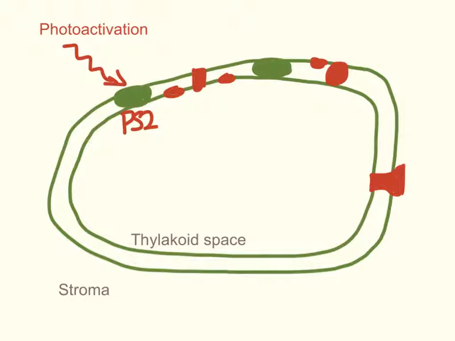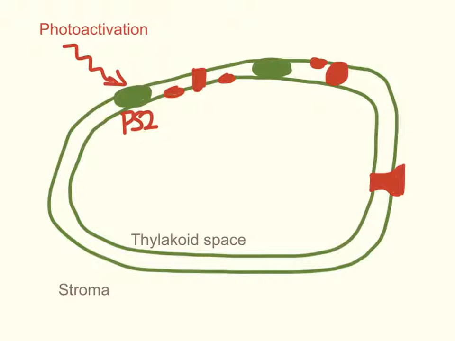As the photons from the light hit photosystem 2, the chlorophyll molecules become excited, and this causes an electron to reach a higher energy level,